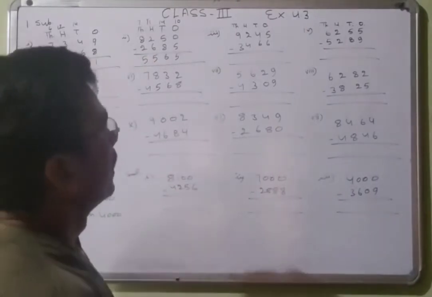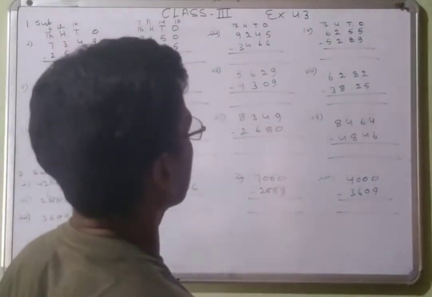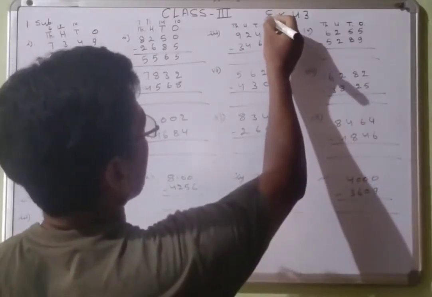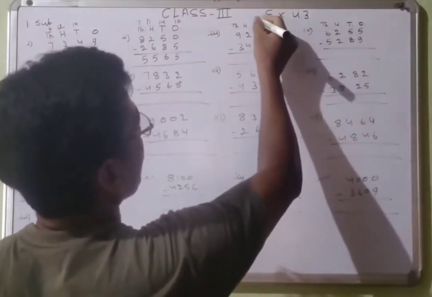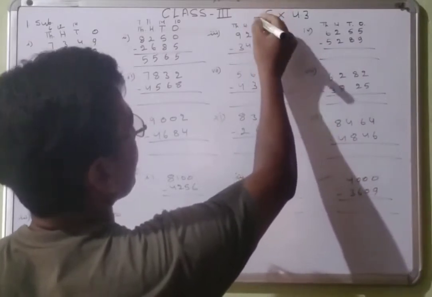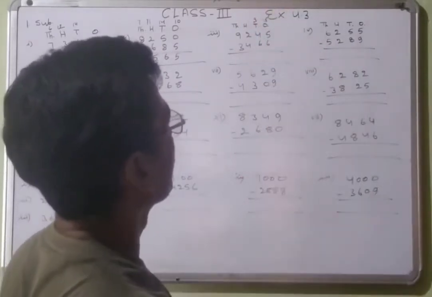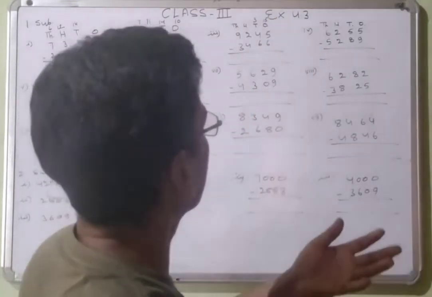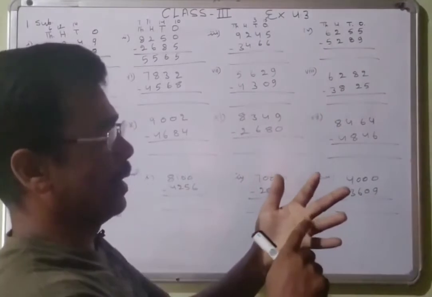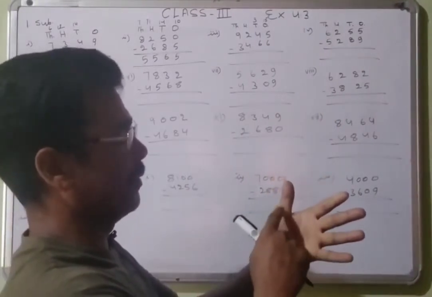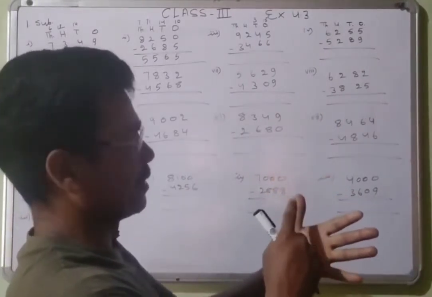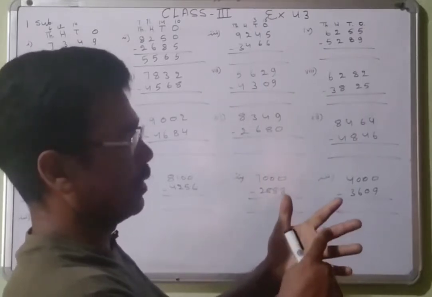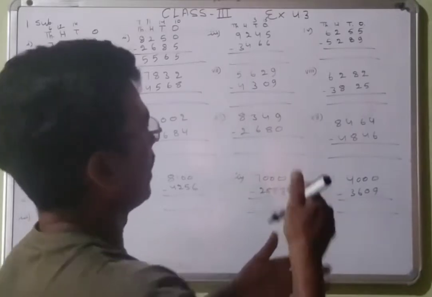Right? Next, 5 less 6 is not possible. So we will take the carry from here. So that will be 15, or this will be 3. Right? So 15 less 6. 1, 2, 3, 4, 5, 6, 7, 8, 9, 10, 11, 12, 13, 14, 15. Less 6. 1, 2, 3, 4, 5, 6. And then left is 9.